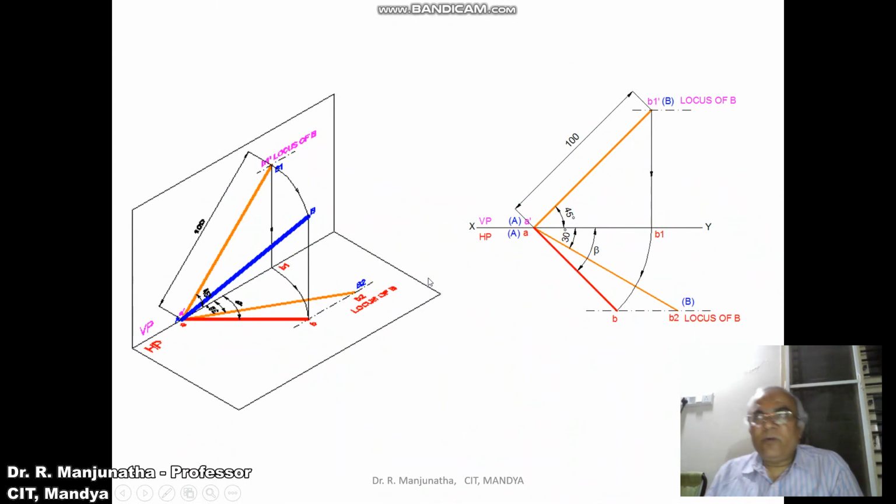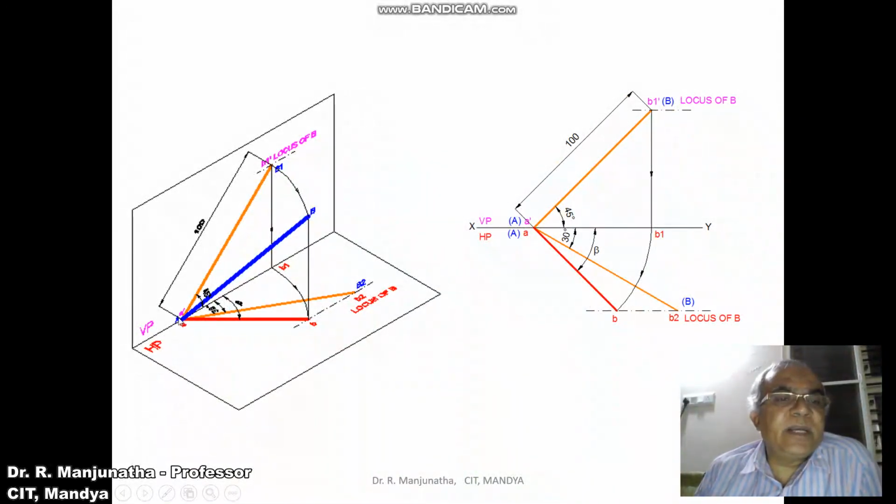Now we are going to go for the individual analysis stepwise. First we will consider the front view true length and also the top view true length. We know that this is the front view true length because its corresponding top view will be parallel to XY. So we project this to the XY line so that AB1 is parallel to XY, and when you rotate with A as center and AB1 as the radius to the locus of B in the top view, because of the presence of the top view true length in the HP, you get this.